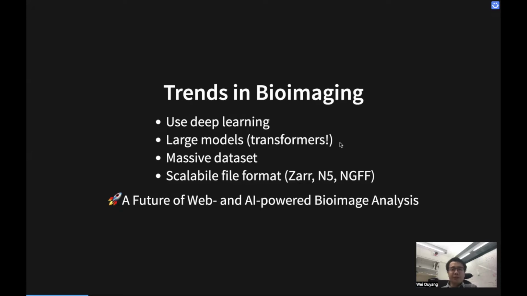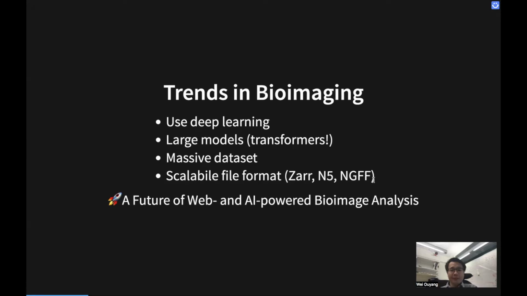And because we are training AI models, we are dealing with massive datasets, and microscopes are producing a lot more data these days. There's also a trend of moving towards more scalable image file formats, such as Zarr, OME-NGFF, for example. And all in all, this brings us into a future of web and AI-powered bioimage analysis,